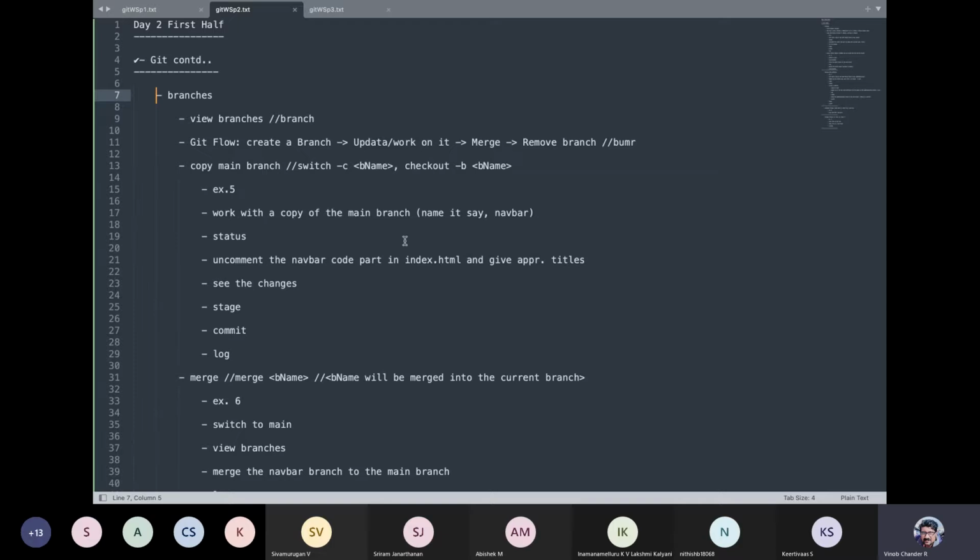So you make different copies of your main code, and then different developers work with different branches, right? Do bug fixes, specify or implement a particular feature, all those things, right? And these branches are then merged to the main branch, right? So that basically is the idea of having branches, and it lets you collaborate. All the developers can collaborate when you make use of multiple branches, right?